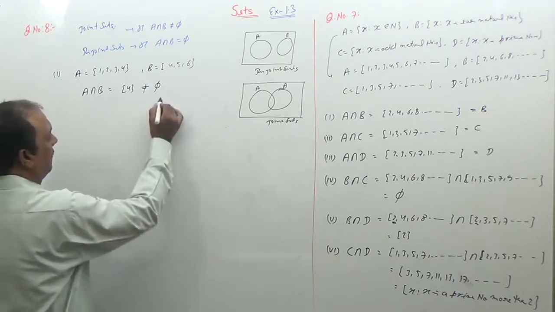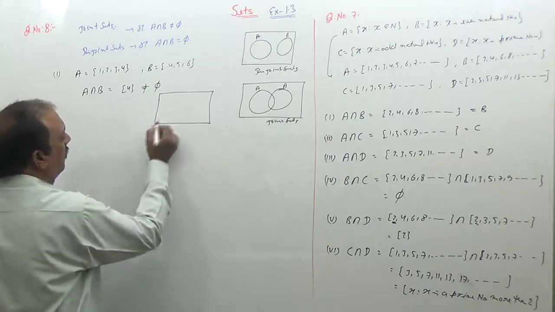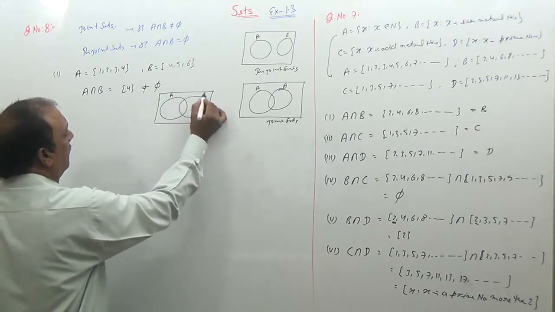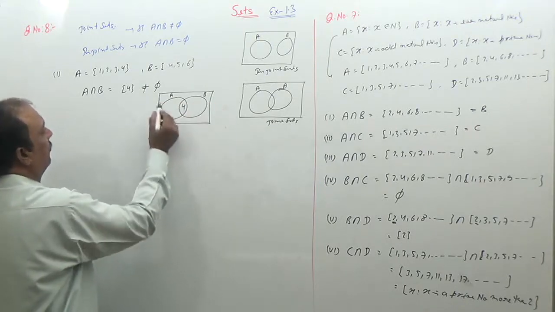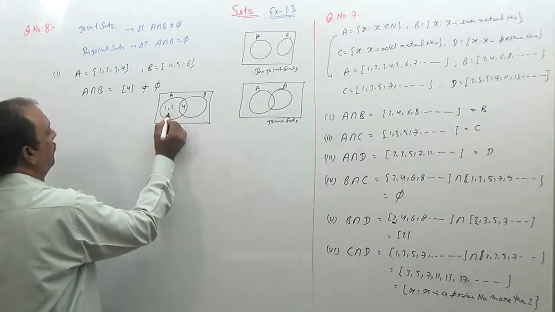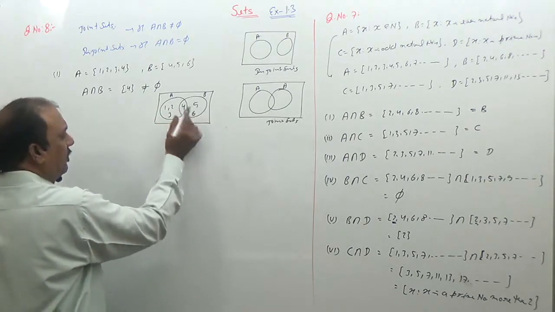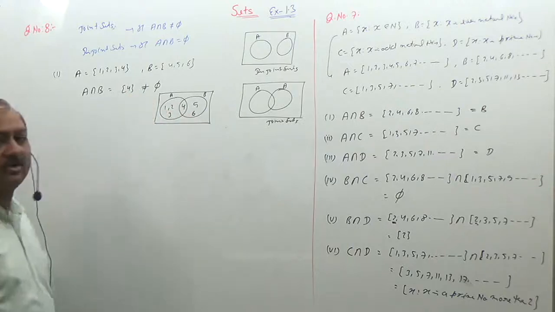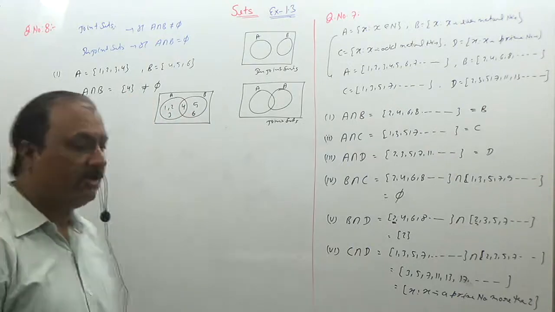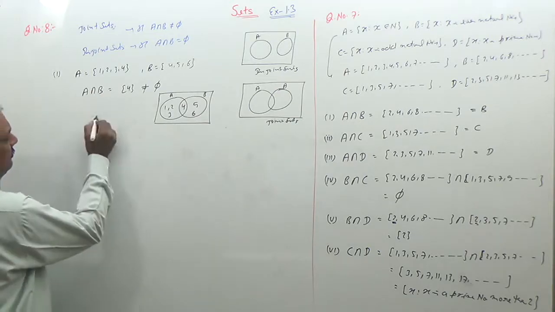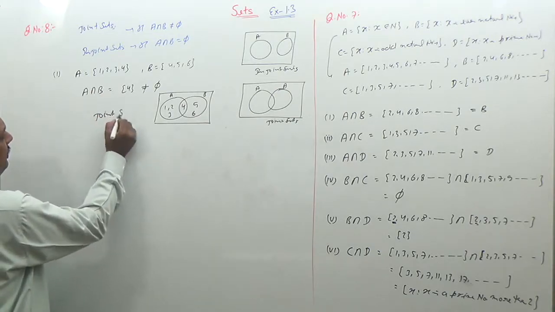अगर यहां पर आप इनका Venn diagram ड्रॉ करें तो ये एक सेट A और सेट B है। यहां पर एक एलिमेंट कॉमन है 4, और बाकी एलिमेंट 1, 2, 3 और 5, 6। तो यहां पर इन दोनों का एक कॉमन एलिमेंट आपको मिल रहा है। तो A intersection B is not phi, so we can say that these are joint sets.